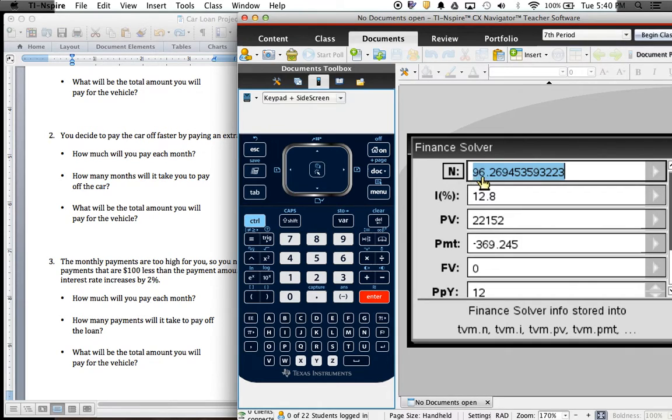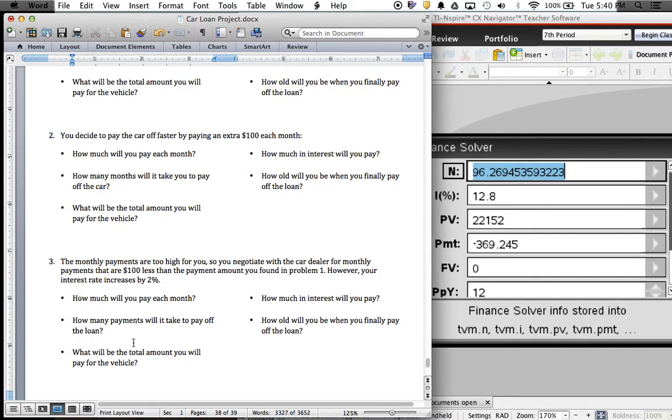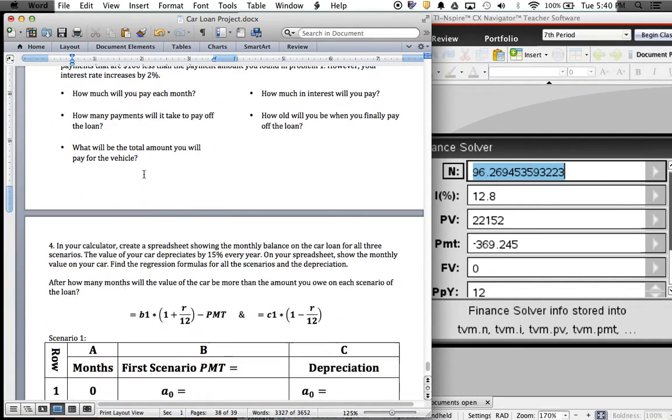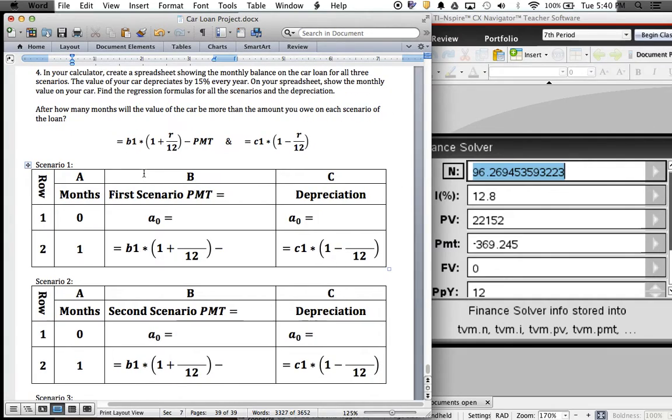In this case, you have to make 96.27 payments to pay off the car loan. Okay, and then the process to find the total amount that you're paying and the interest is the same as the first two scenarios. Now, the last thing that you need to do on the project is you need to